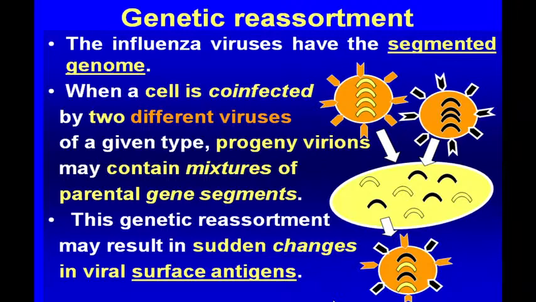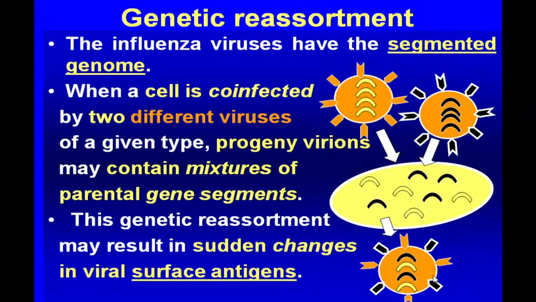And in a type A virus, as I said, the genetic reassortment may occur because they have a segmented genome that makes this reassortment very common. When a cell is infected with two types of viruses, we call it co-infection, with two different types of influenza viruses. Then when they perform replication and many copies of RNA fragments are made, they may mix with the parental gene segments.